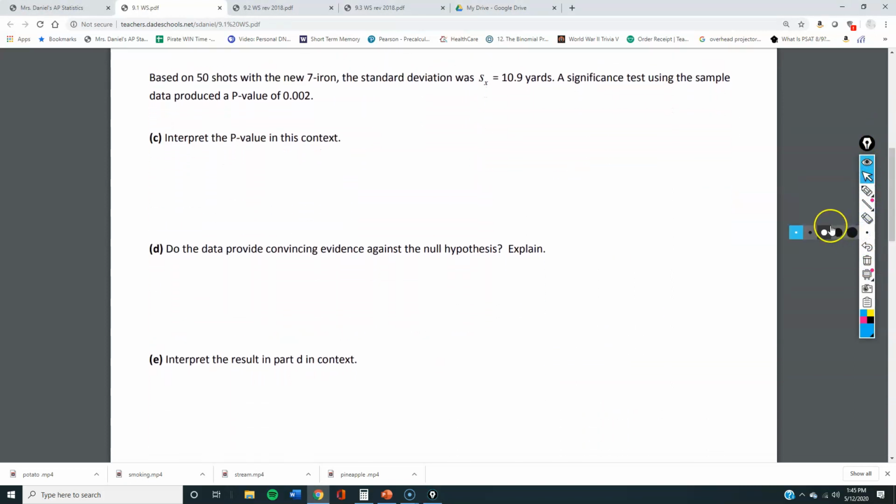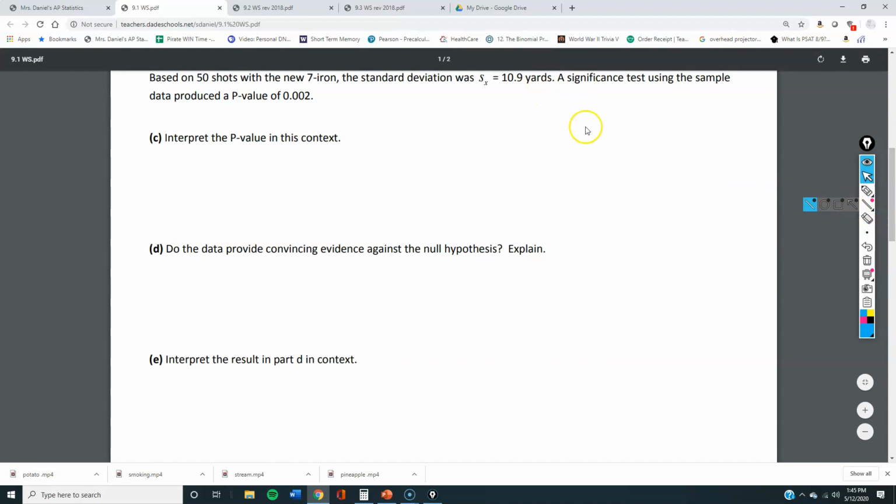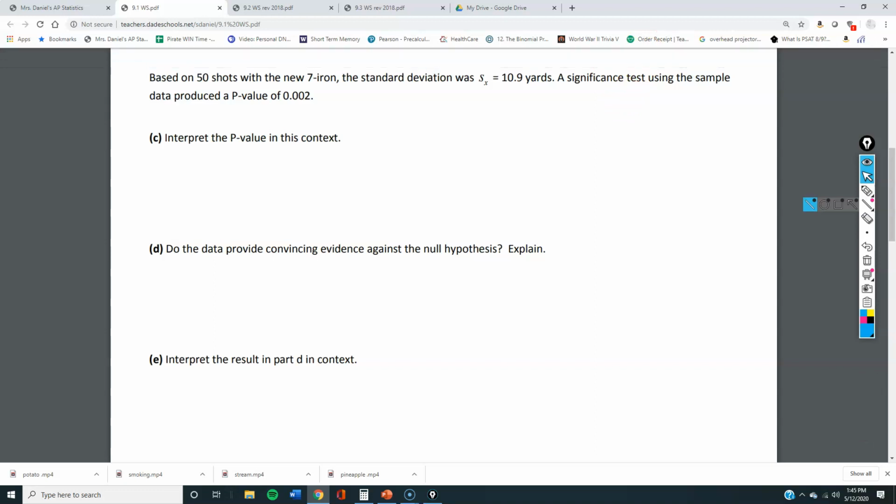Alright, so then he takes some shots with his new 7-iron, and the standard deviation in his sample was 10.9. He used the significance test, and he got a p-value of 0.02. What does that 0.02 mean in context? That means there's a 0.2% chance of obtaining a standard deviation of 10.9 due to random